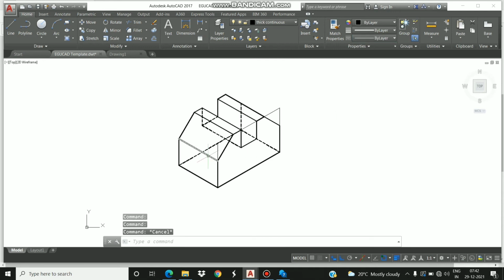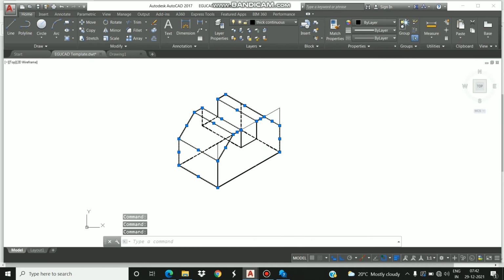Now increase or decrease the thickness of the lines which are clearly visible. These are called object lines, which are part of the figure and part of the drawing. Make them 0.80. The thickness should be 0.80.